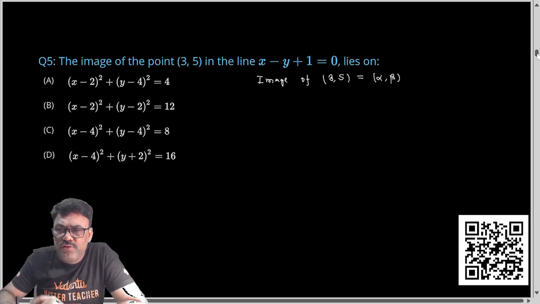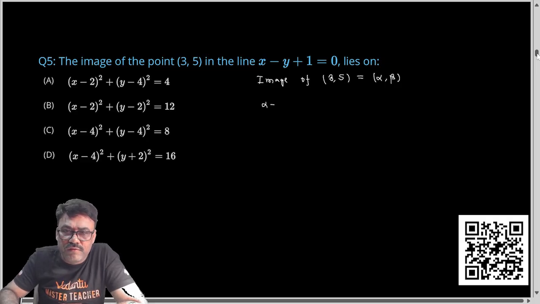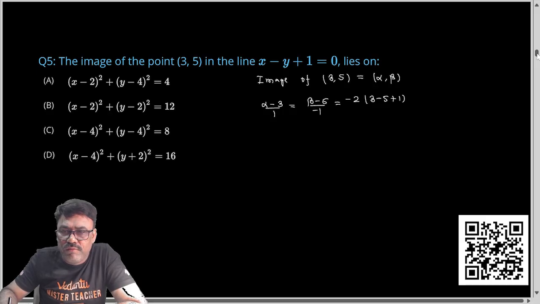So let's find the image using the image formula. You will write alpha minus 3 by 1, beta minus 5 over minus 1, and then minus 2 times (3 minus 5 plus 1) divided by a square